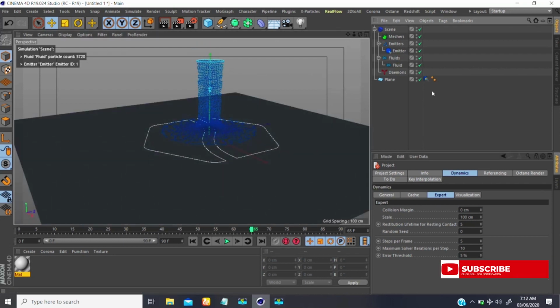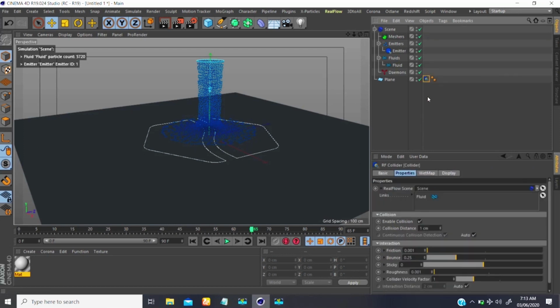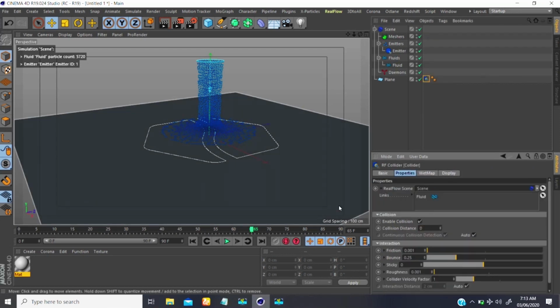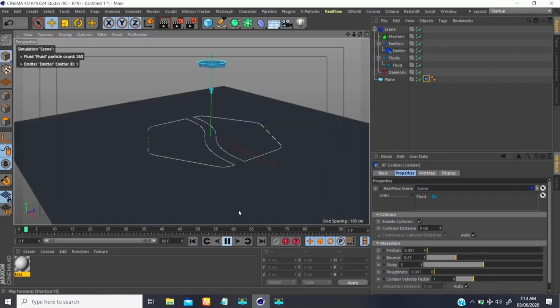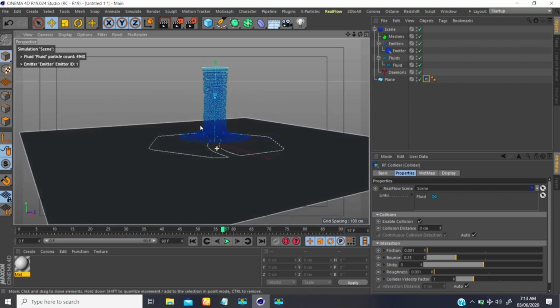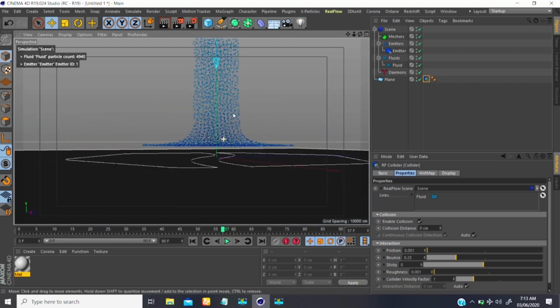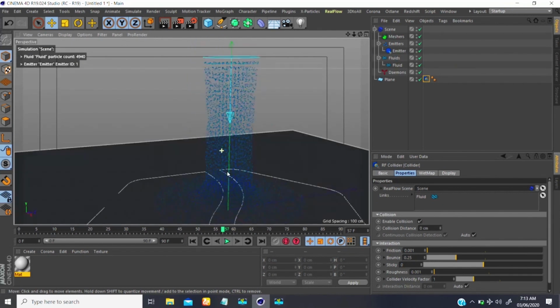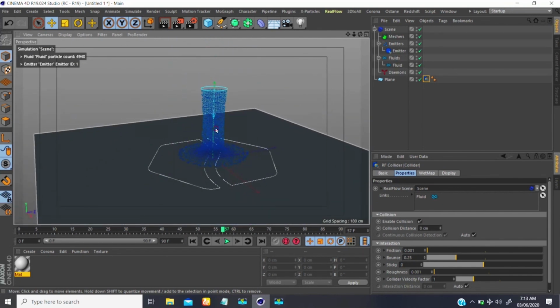The other thing is under your emitter here. If I go to the collider tag, you also have a collision distance. I don't want to have any distance here. Then if I undo and play, this should collide, and I think we will still have the same issue. And I'm sure, yeah. So the reason why we have the same issue is that this particle,